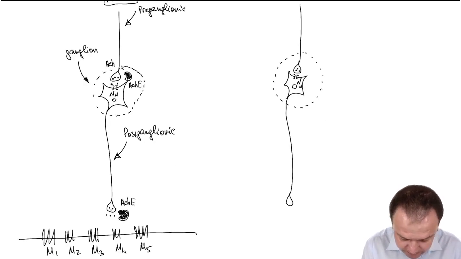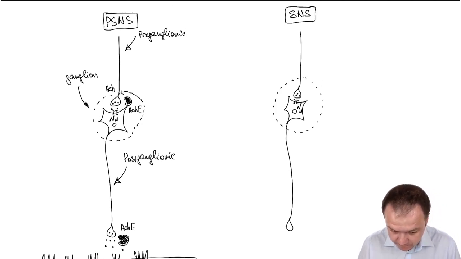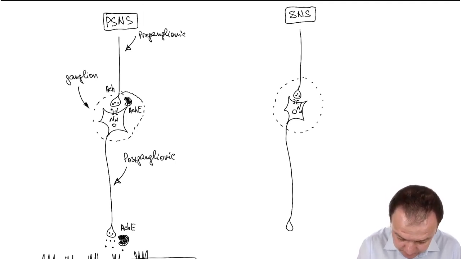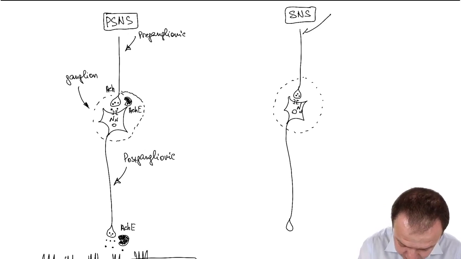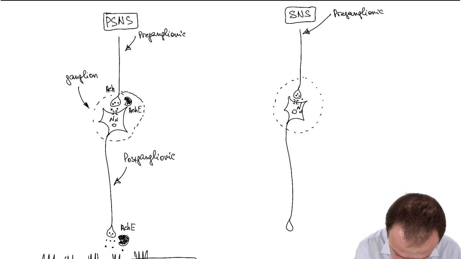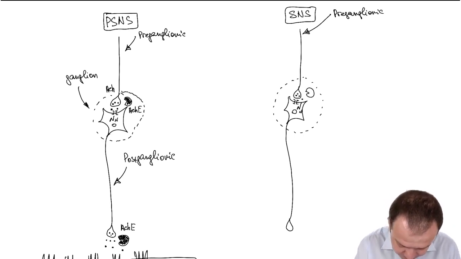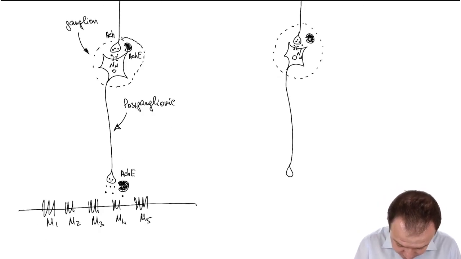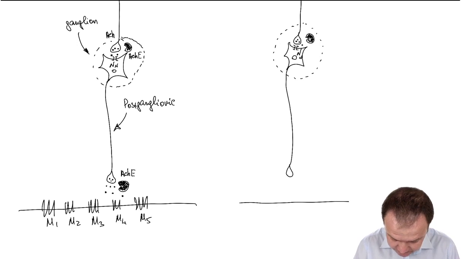This acetylcholine interacts with the N subtype of cholinergic receptors, and postganglionic fibers of the parasympathetic nervous system release acetylcholine also, and this acetylcholine interacts with M1, M2, M3, M4, M5 receptors. As we're talking about the sympathetic nervous system, preganglionic fibers of the sympathetic nervous system also release acetylcholine. Acetylcholine interacts with the N type of receptors, degrades by acetylcholine esterase, and postganglionic fibers of the sympathetic nervous system release